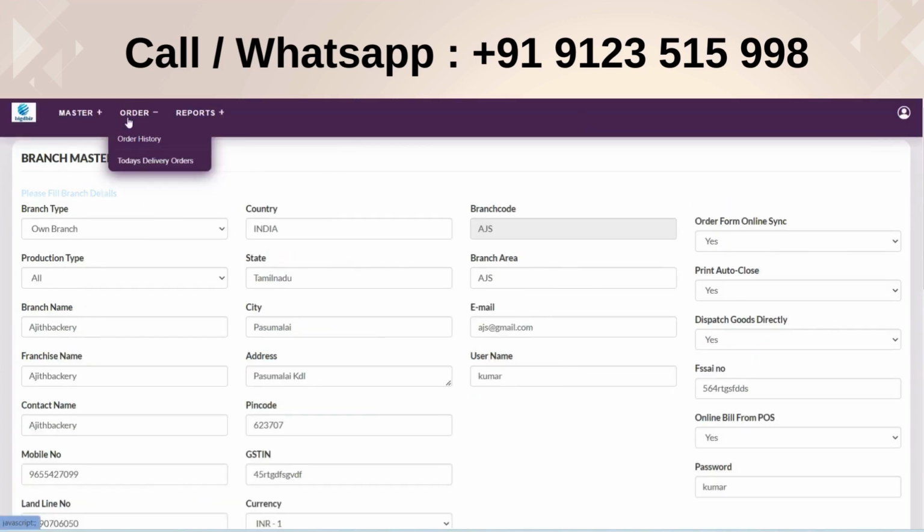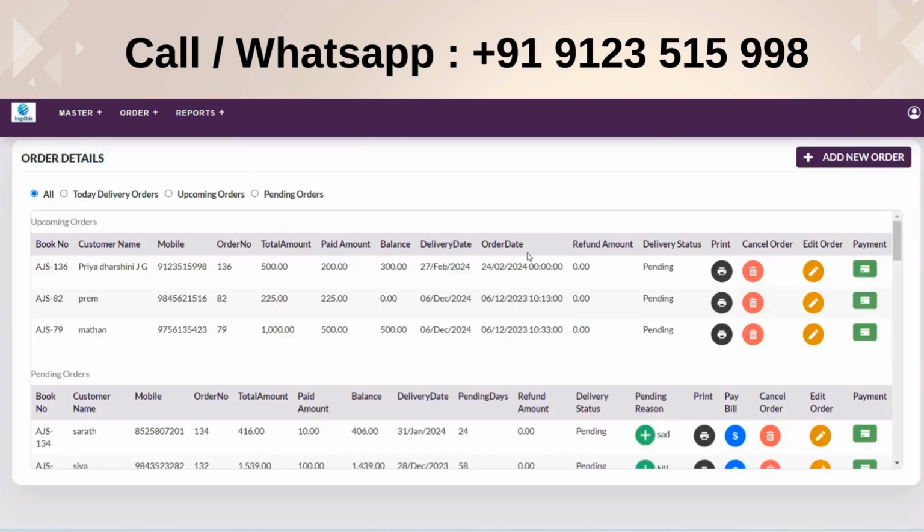Now let's see how we can take orders through the web form. First, you have to click on today order history. Now we can see here today delivery orders, upcoming orders, and pending orders. The today delivery orders are today's orders, that is, today we have to make some deliveries. Upcoming orders are future orders, not today's. Pending orders are the orders whose date has been